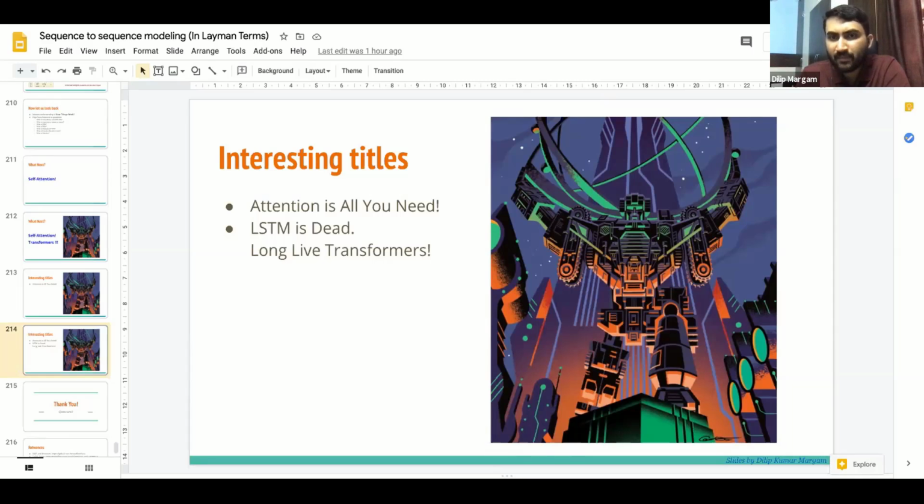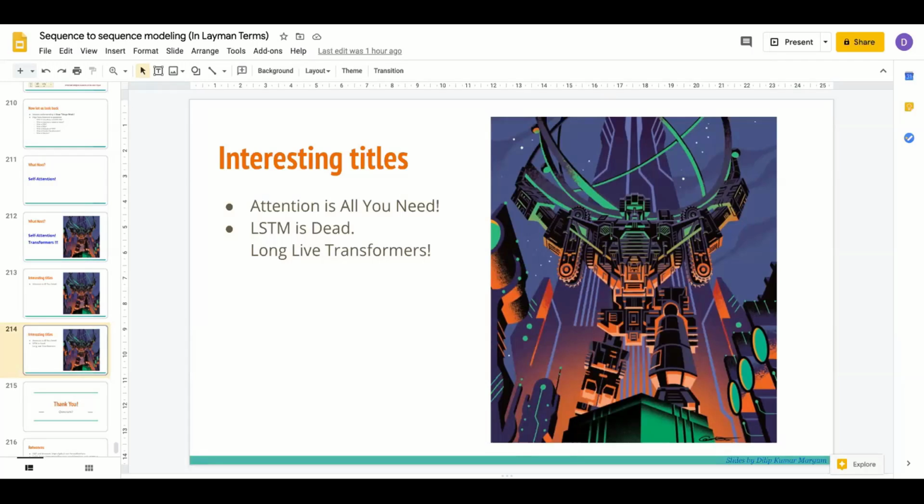If there is a model like GPT-3, you can't launch it, or it's so huge that even its inference time is so high that you can't actually launch it on device.